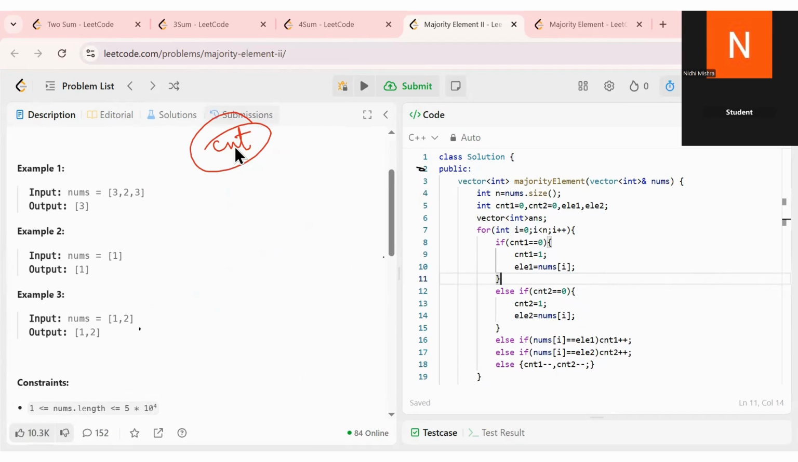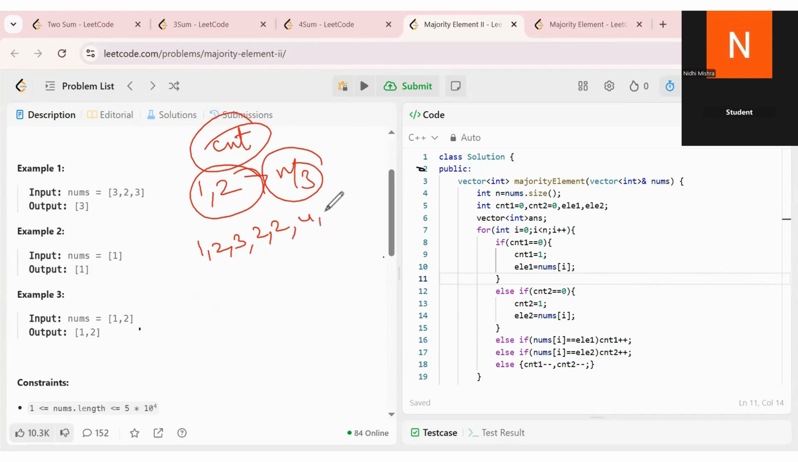Suppose 1 and 2 are greater than n by 3 somehow. And the array is something like 1, 2, 3, 2, 2, and then something to fulfill the condition of 1 and 2 being greater than n by 3 times. One should be happening again then. Then what is the problem? So in this case,